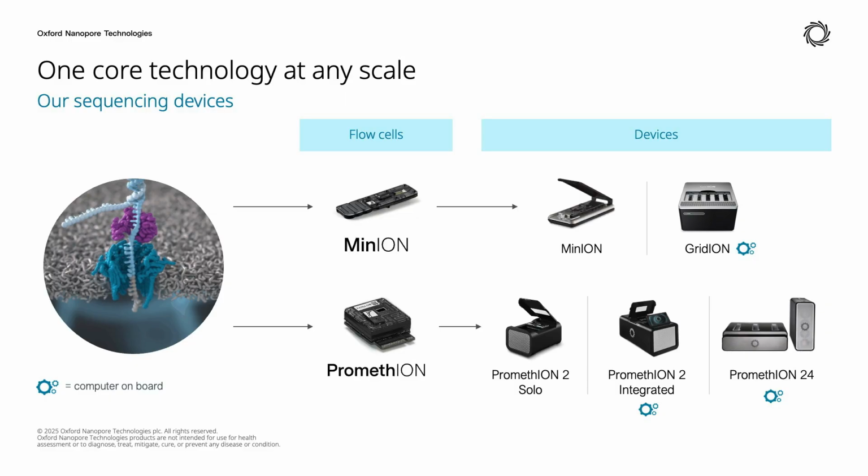The flow cell type that's suitable for your application will govern what sequencing device you can choose. For MinION flow cells, the suitable devices are the MinION and GridION devices. For PromethION form factor, the PromethION line of devices is what you should choose, and devices such as PromethION P2